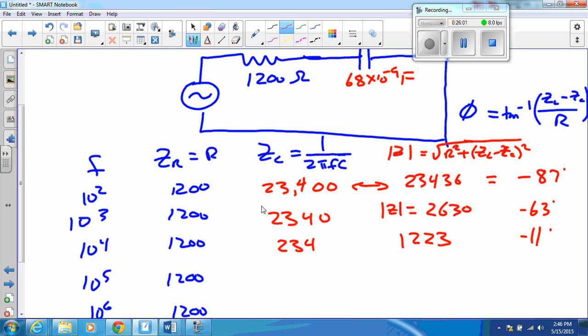And if I go one more, to 10 to the 5th, now this guy drops to 23.4, which is a spit in the bucket. That's a rounding error compared to the resistor right here, right? And so when I actually compute, it will come as no surprise to you. Here are the other ones: 23,000, 2,300. Then I get 1,200 right there. And when I compute the phase angle,